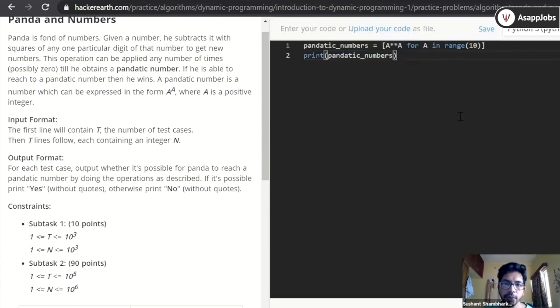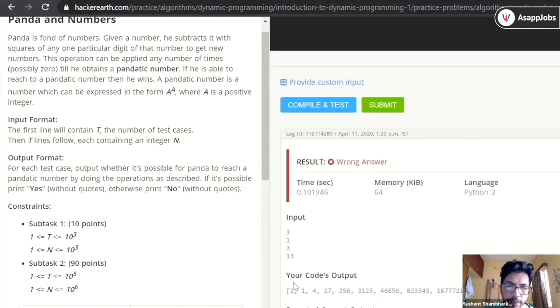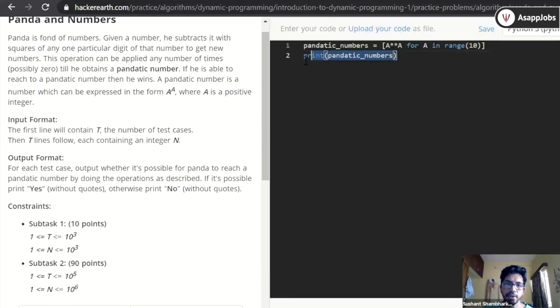So we have already calculated the pandiatic numbers, and let's see if the input numbers can be reduced to these numbers. Let's just try to write a program. I'll take input. So T is my input, for the tests.